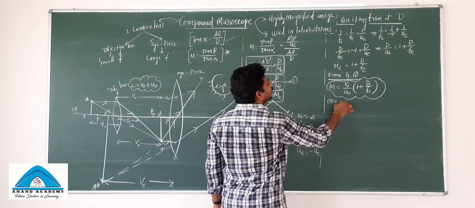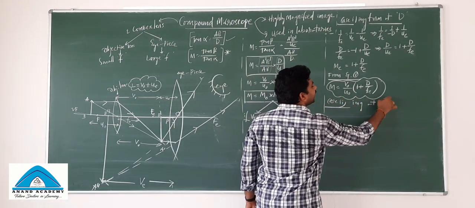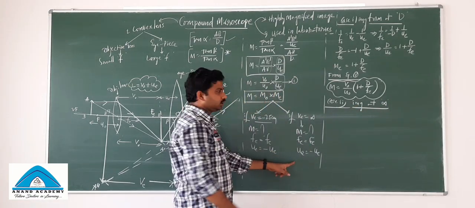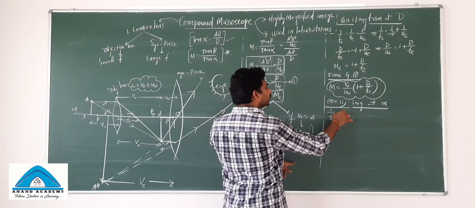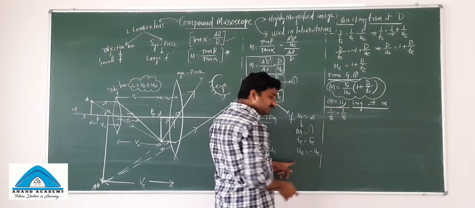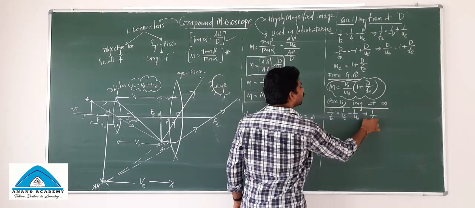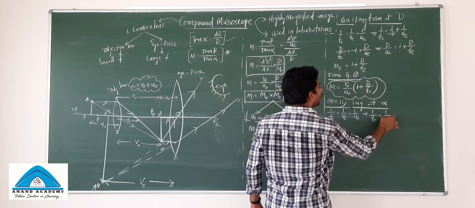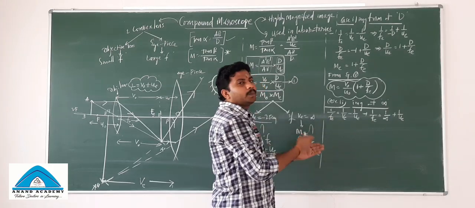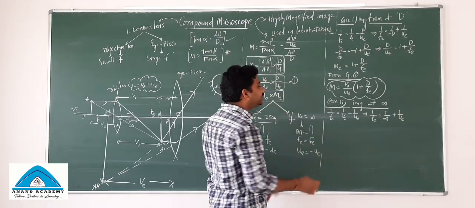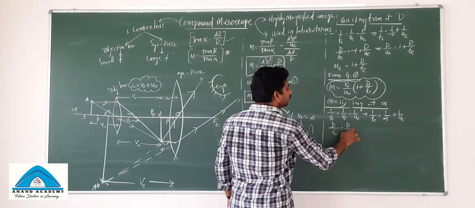So what is our case 2? When the image is formed at infinity. So already it's here, right? So 1 by focal length of eyepiece is equal to 1 by v_e minus 1 by u_e. So 1 by focal length of the eyepiece is equal to 1 by infinity minus of minus plus. So this also both sides can be multiplied with D. So D by f_e is equal to D by u_e.